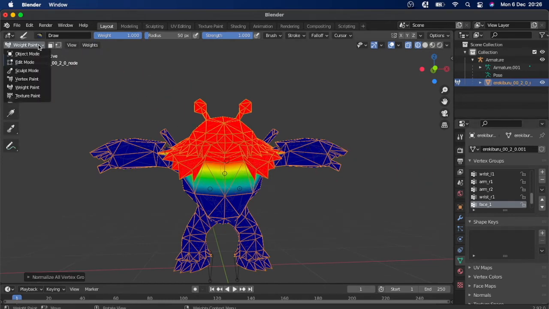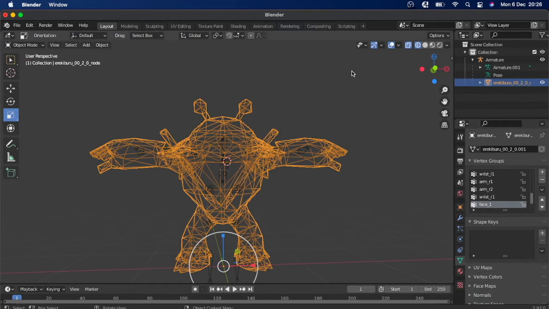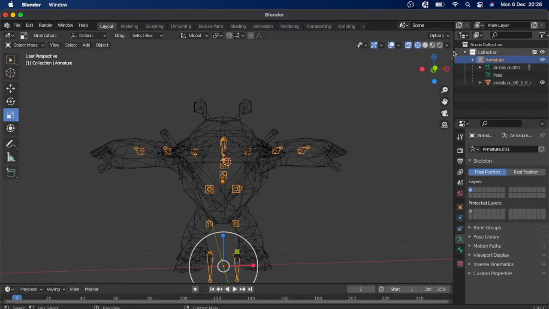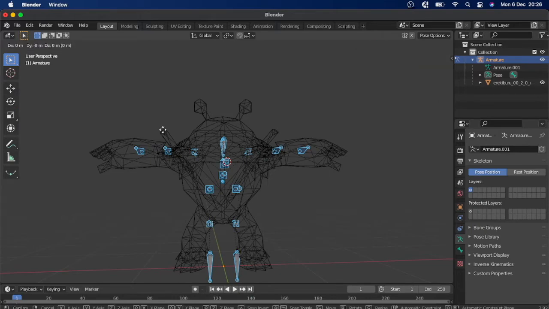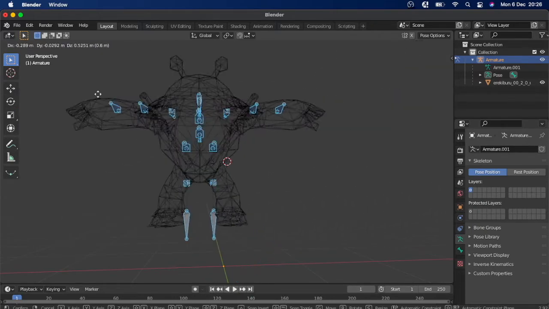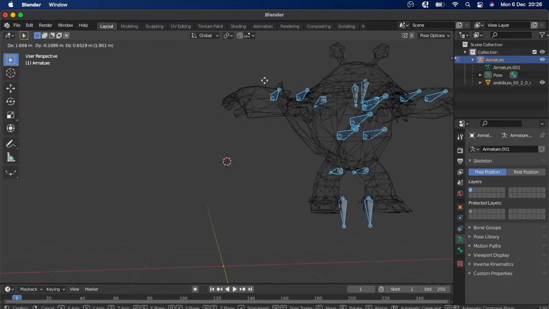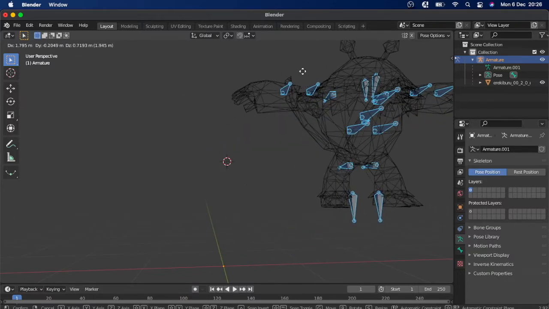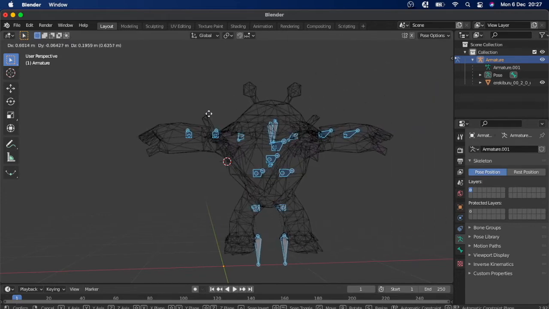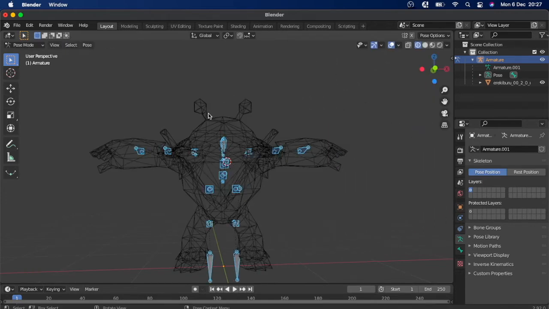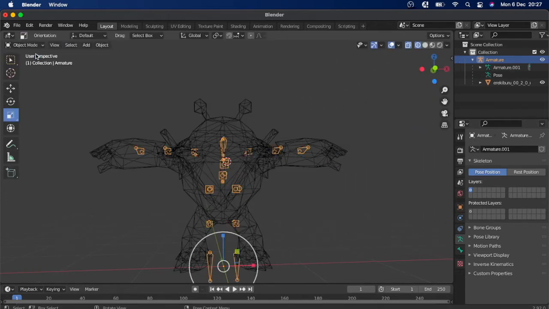So I always like to do a quick check. I head back to object mode, select the armature, go into pose mode, hit G, and I move the character around a little bit just to see if there are any vertices not assigned, because they will stick in the center of the screen if you end up without any assigned vertices. That will appear and stop you from having to go all the way back once you find that out in